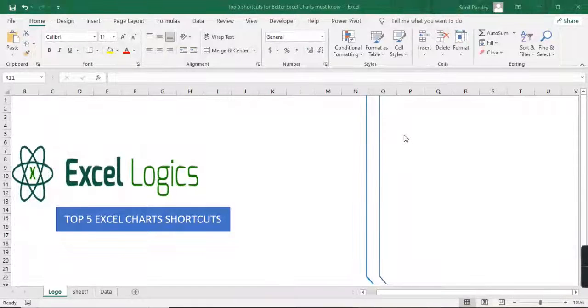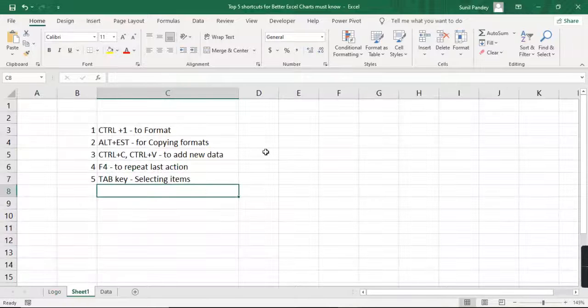My name is Sunil Pandey and today we are going to see a very interesting topic, top 5 Excel charts shortcuts. So today we will see top 5 shortcuts in charts. Okay, so let's see the top 5 shortcuts first. The first one is Control plus 1.